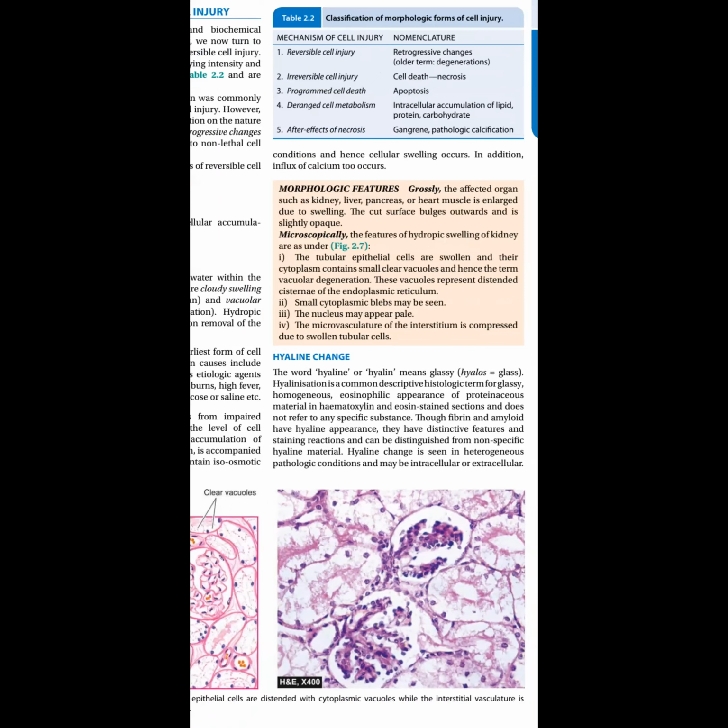What is intracellular and extracellular? It's like inside the cell as well and the outside as well. Hyaline is a layer of a tissue. You do not have to imagine a cell over here. You have to imagine a tissue. You have to imagine the skin and the layer of the hyaline. So what is happening at the cellular level in the hyaline? The intracellular is affected as well as the extracellular is affected in this.